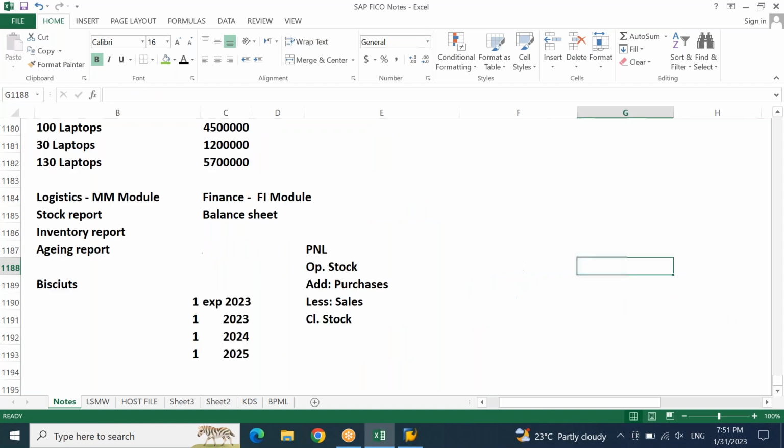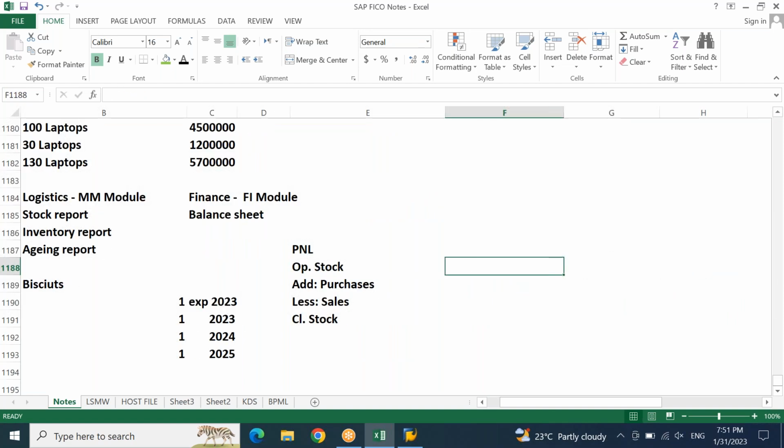Yes, correct, sir. Say opening stock is 1000 rupees, I purchased 300, I sold 400, and what will be the closing stock? So 1000 is my opening, I purchased 300, so my stock has become 1300. Out of 1300, I have sold 400. 1300 minus 400,